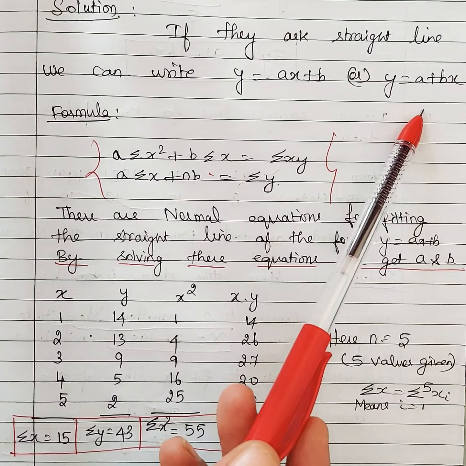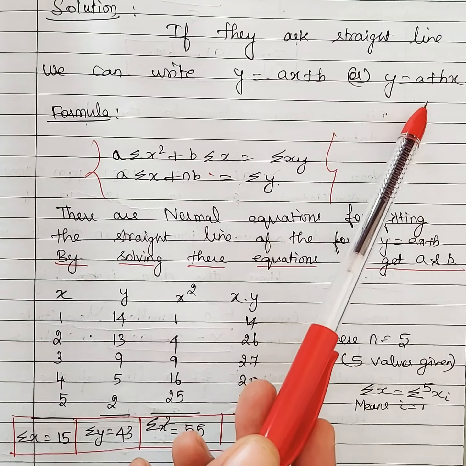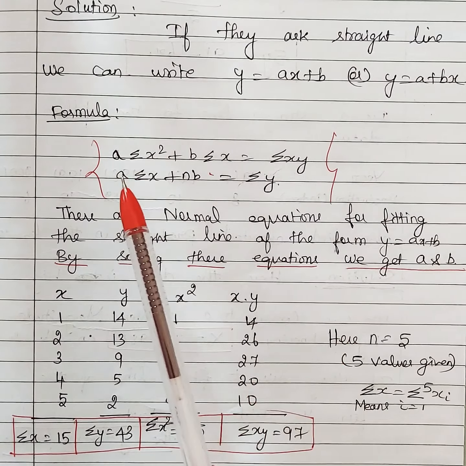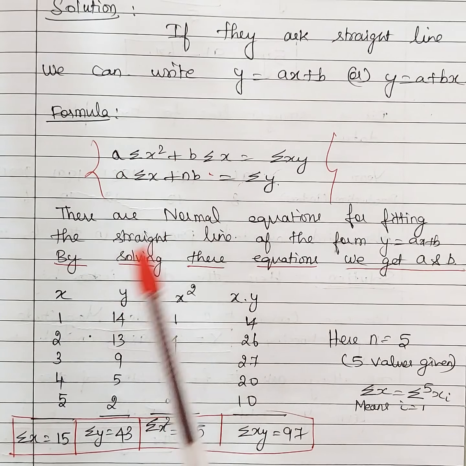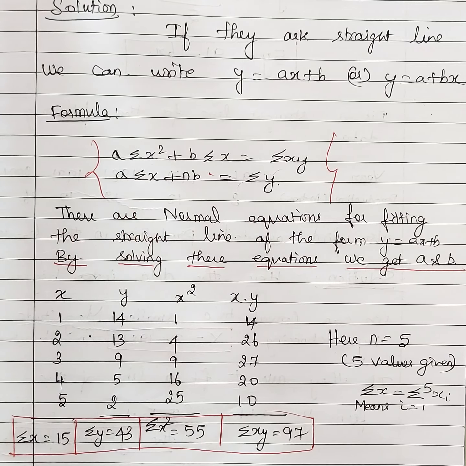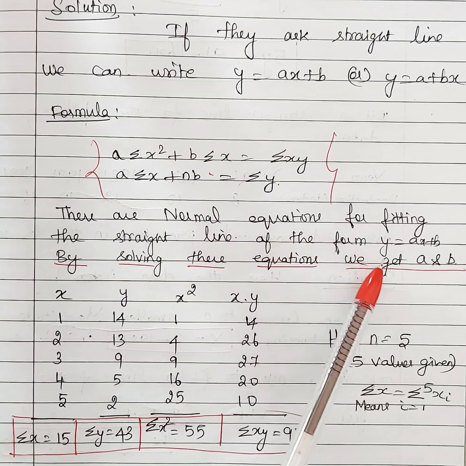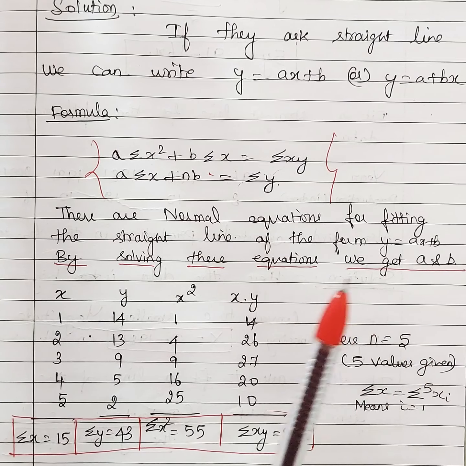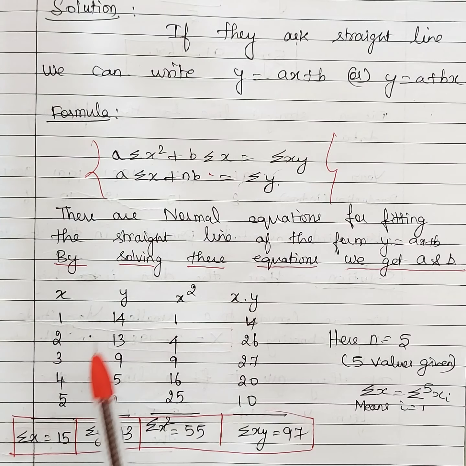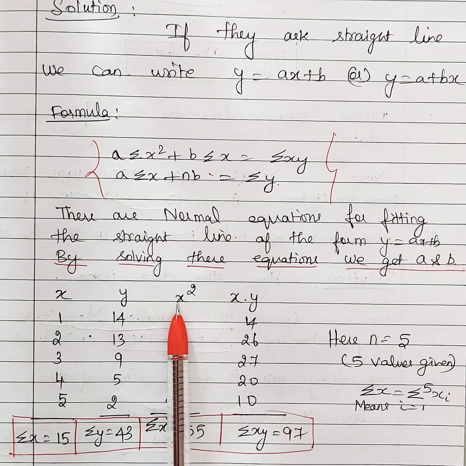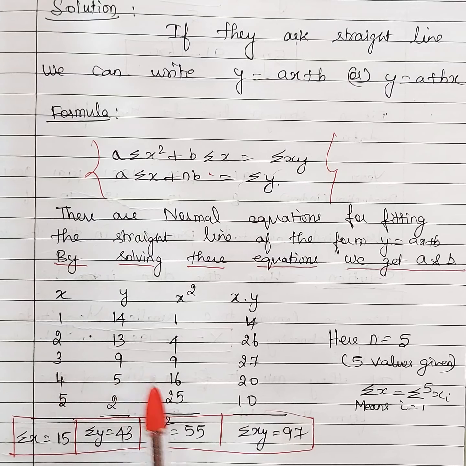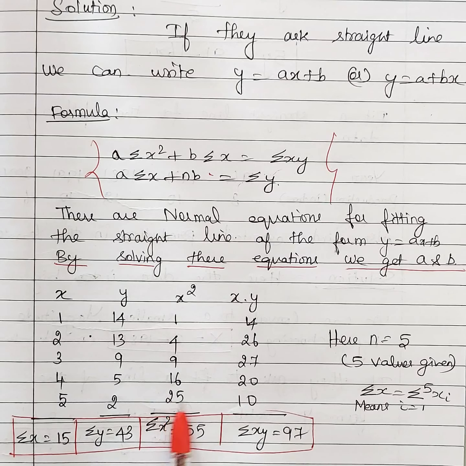Anyhow, the final answer will look similar, it will be the same. Okay. But when they ask in this format, you have to write this formula. If they ask in this format, just exchange a and b in the formula. So study only one formula. So we call these normal equations for fitting the straight line of the form y is equal to ax plus b. And now what we have to do? We have to arrange the given data. X values we are writing here, y values we have written, x square we have to square all the x values. 1 square is 1, 2 square 4, 3 square 9, 4 square 16, 5 square 25.